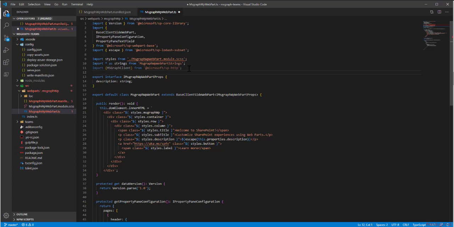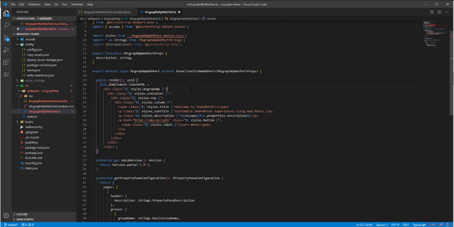Remember last time when the Graph API was consumed within the SharePoint Framework, you had to write so many lines of code to just authenticate, get the key, do all those, and then finally call the API. Now they made it much simpler. You can just include the MS Graph client within your SPFx